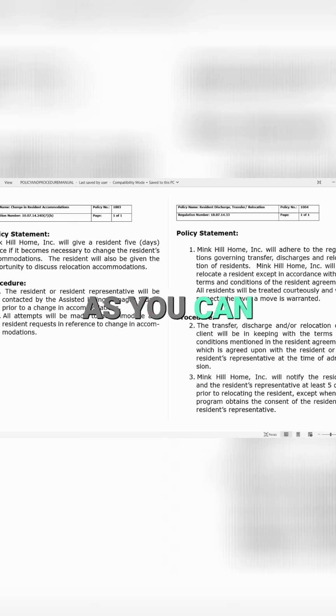So as you can see, as we go through the policy, there's always a statement, and then it's a way how it's gonna be implemented. Resident discharge and transfer relocation, same deal here. So some of this stuff is pretty